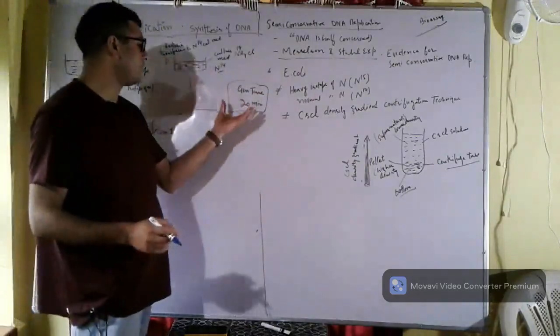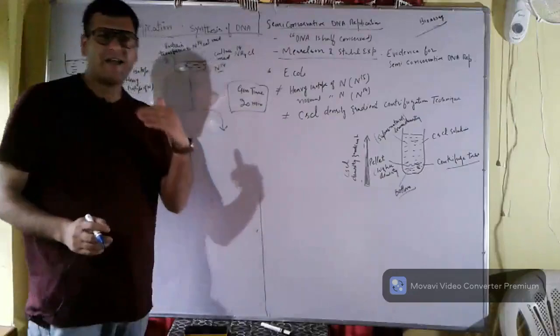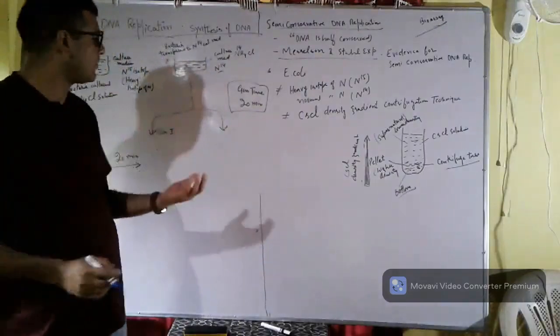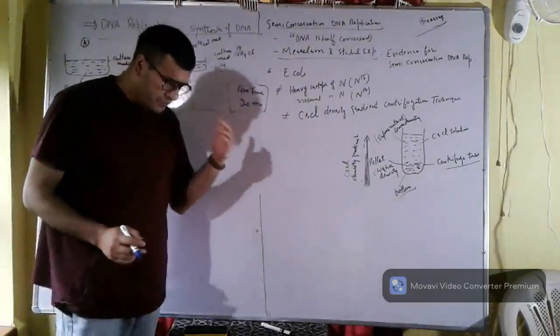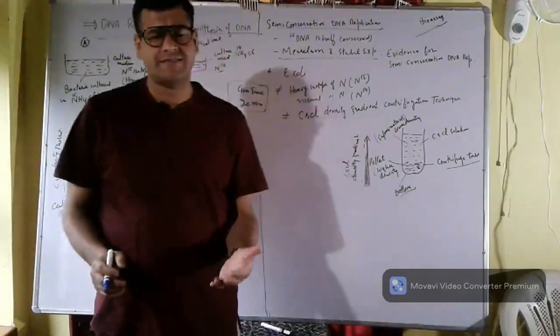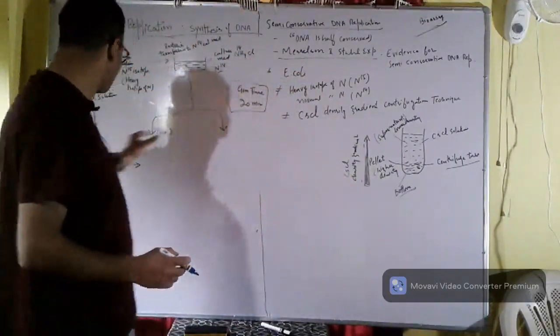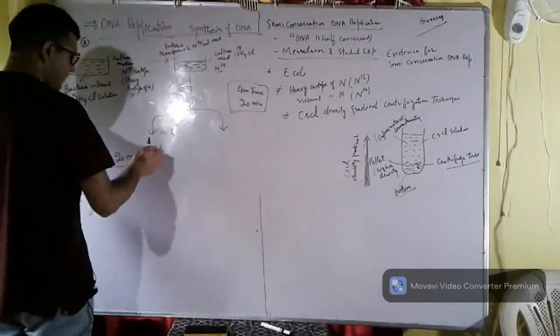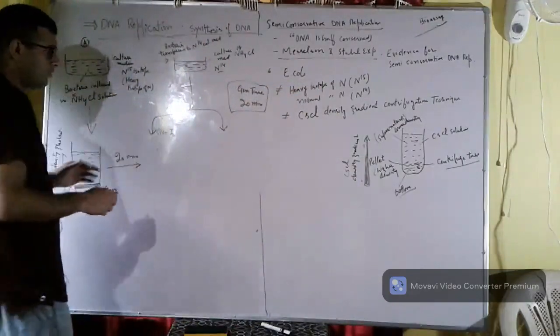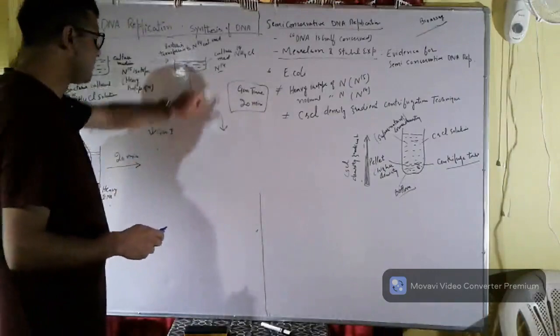That means after 20 minutes, this bacterial cell divides and its DNA replicates once. After 40 minutes, it will form the second generation. So we can say that they got the second generation of bacterial cells in the N14 culture medium,